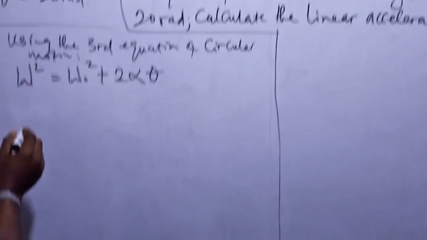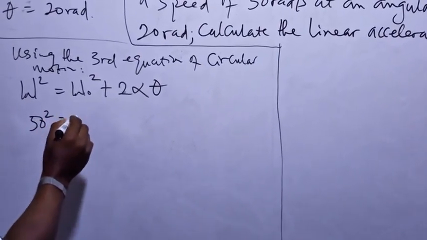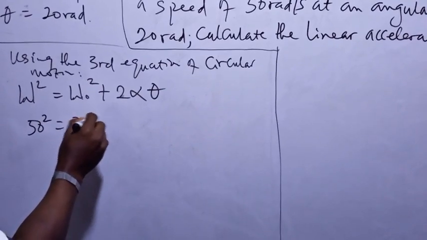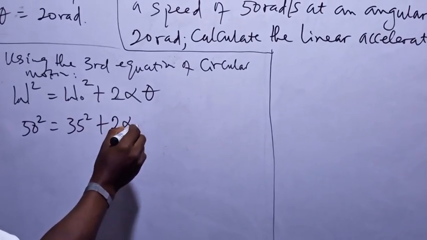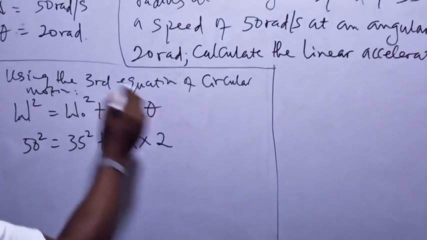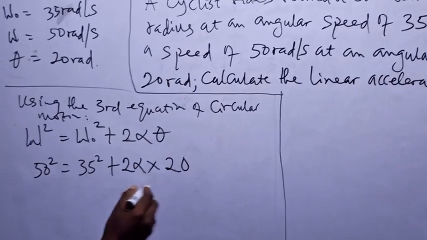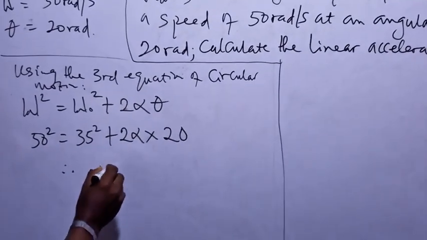Now we substitute. ω² here will be 50² equals 35² plus 2 times α times the angular distance, 20. Therefore, the α here will be